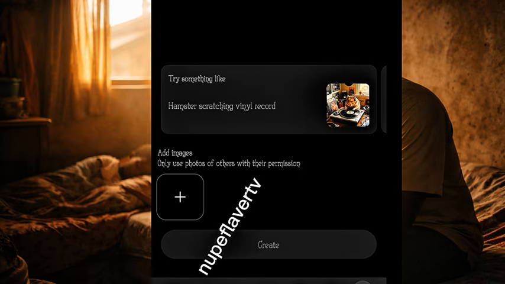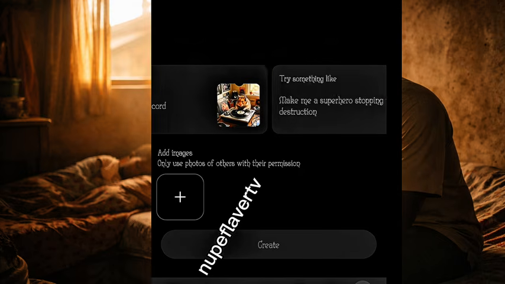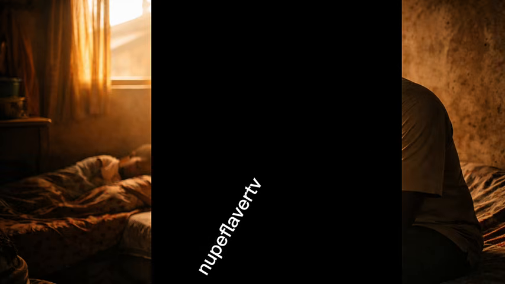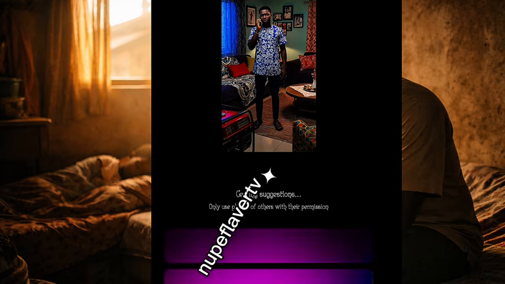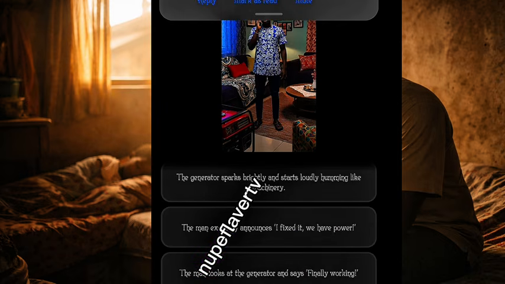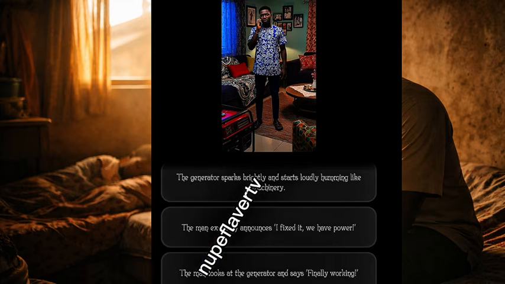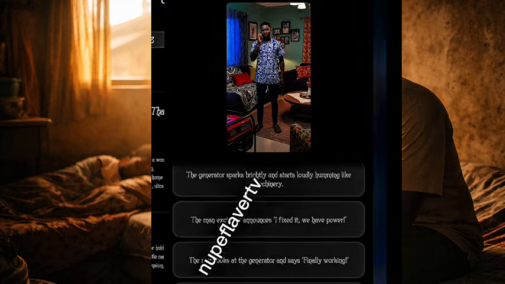So if you have an image you want to animate, all you have to do is click on this plus icon. So after uploading the image, as you can see, I've uploaded the image. The next thing I'm going to do is to go and copy my prompt. It will also give you some prompts, for example, to use. But if you have your own prompt, let me go and copy my prompt from